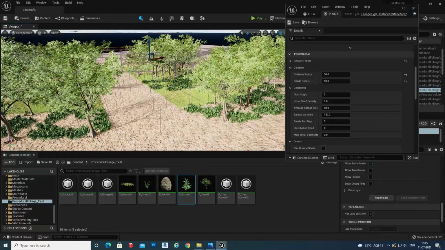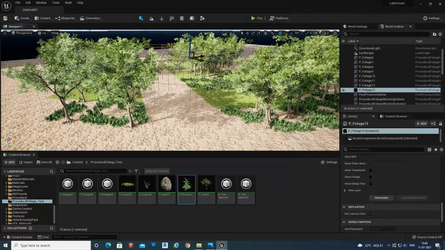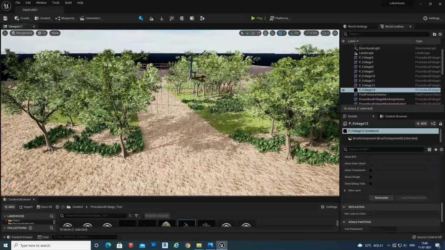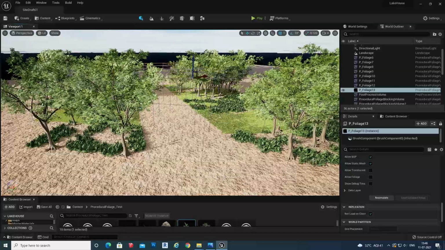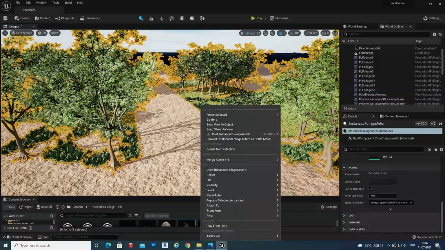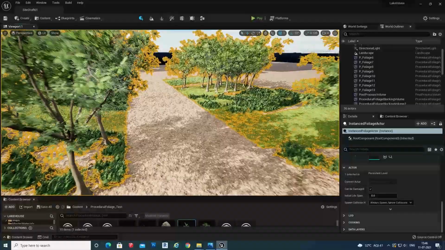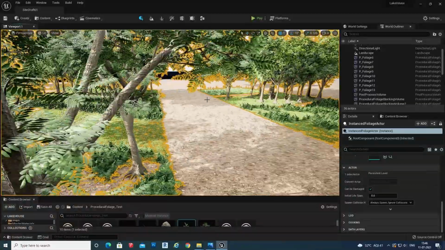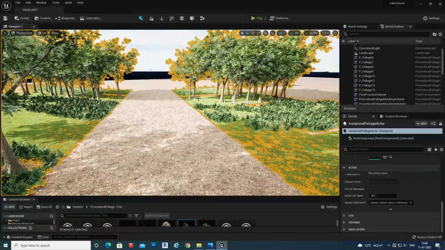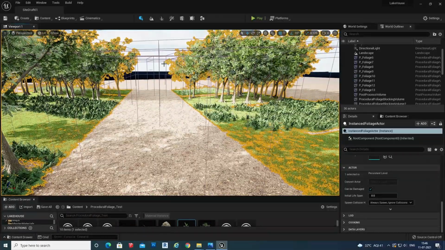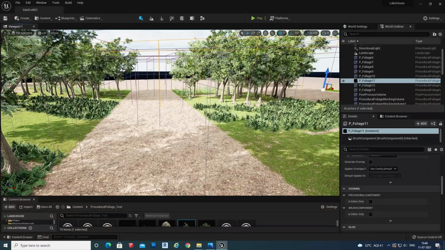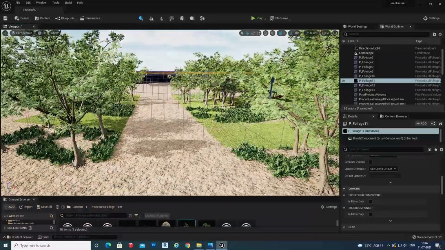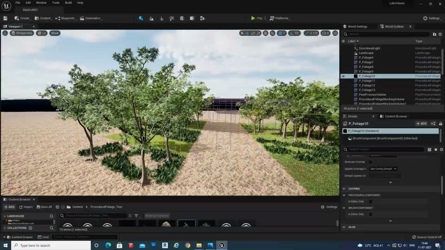What you need to do, you need to just create a volume and assign that. You can reuse it for all your projects. It is handy and it has the flexibility. You can move the entire landscape to some other space. Like, it's very good for the ArcViz projects where you need a dynamic landscape where you can move or you can spawn a different foliage. There is a lot of control in this procedural foliage, and moreover you can create any blocking volumes inside. You can add n number of blocking volumes.